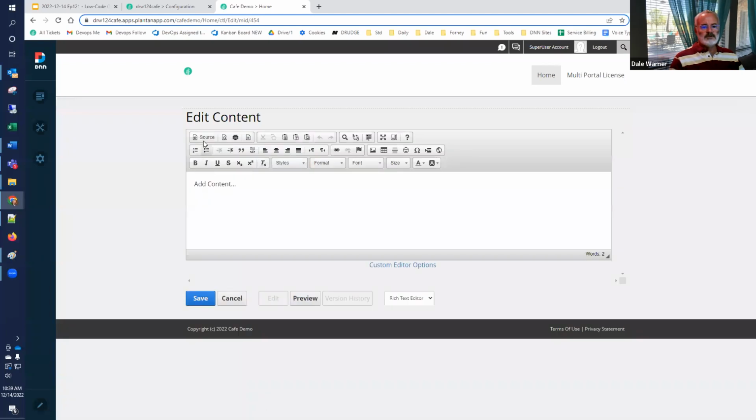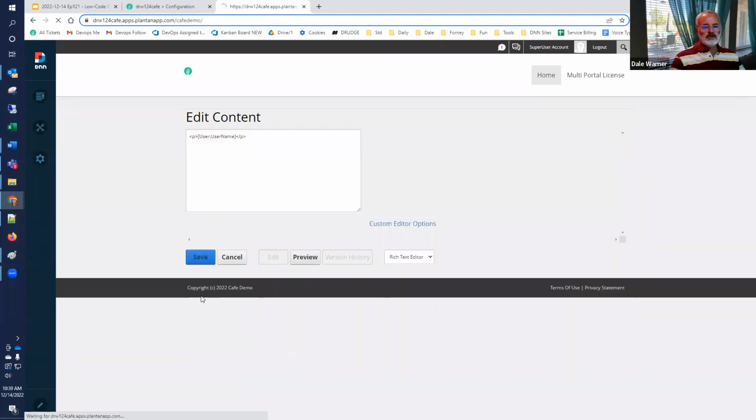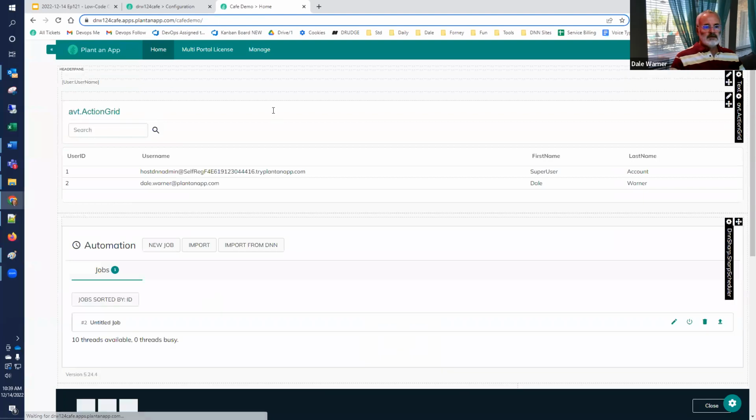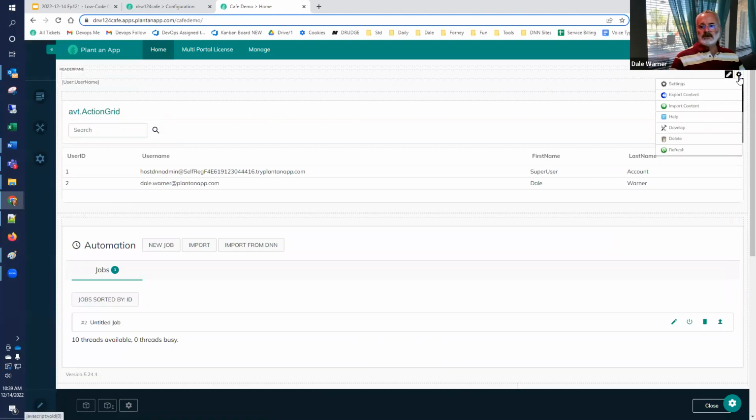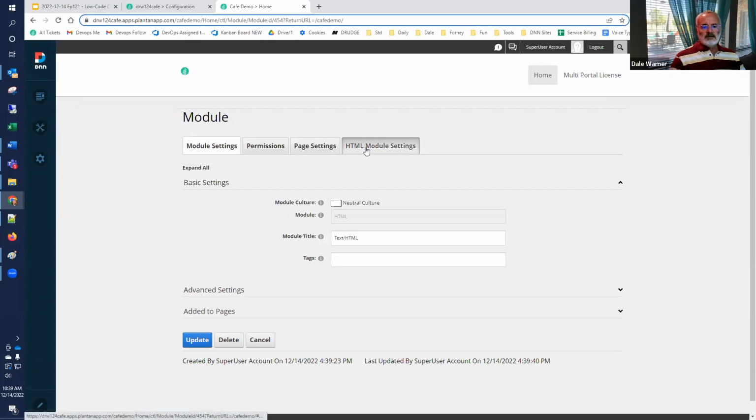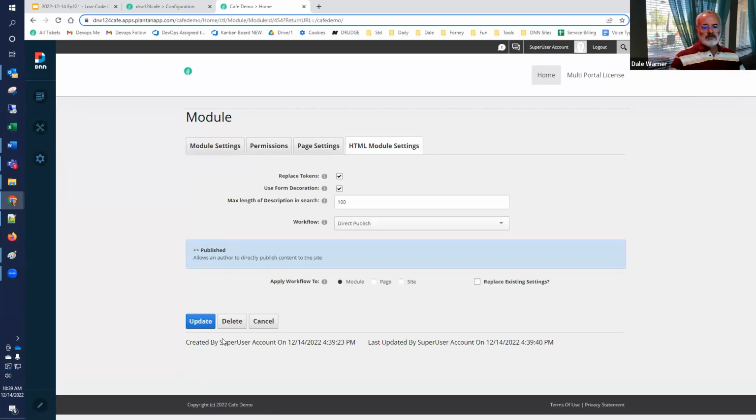We should be able to say username to appear, and just like the old days, we still have to activate it for an HTML module. So going into settings and saying that it's okay to replace tokens,